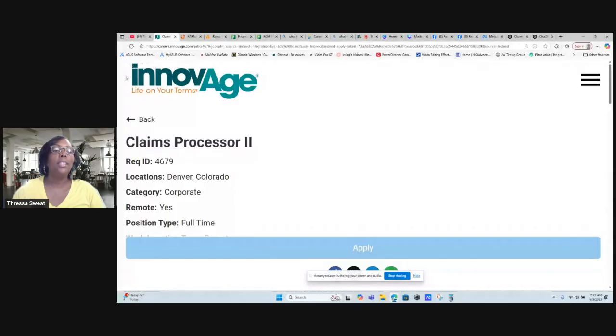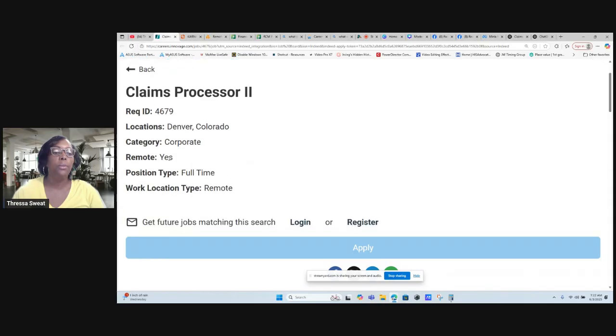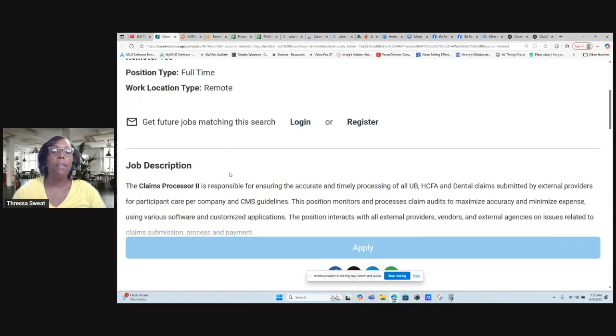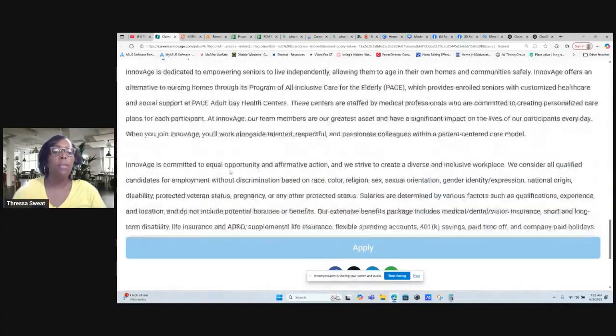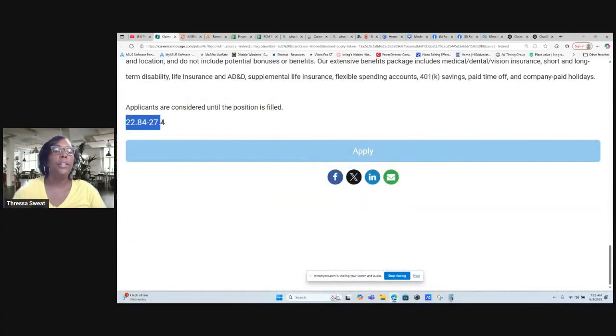Now we're talking about this company. As you can see, my screen is circling around. They're seeking a claim processor two to work from home. Remote, it says yes, it's a full-time position. And when we dive down a little bit further, because we want to see what the salary is going to be, as you can see on the screen, the salary is $22.84 an hour, all the way up to